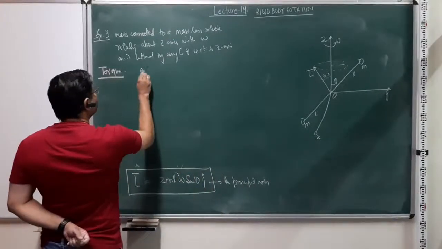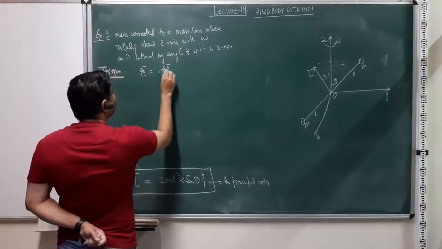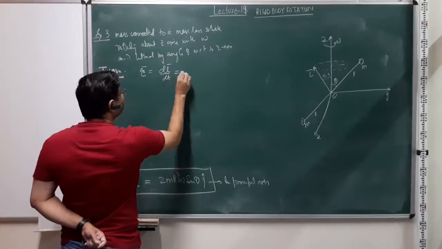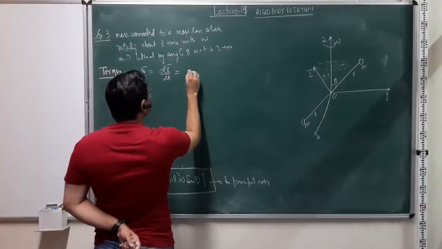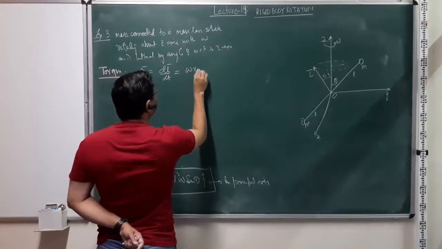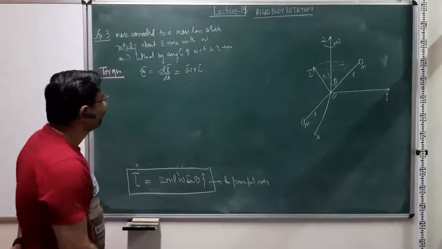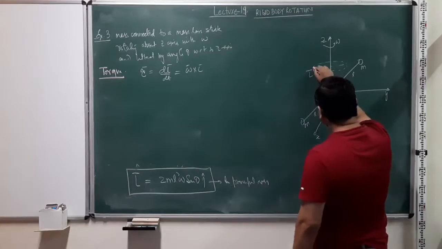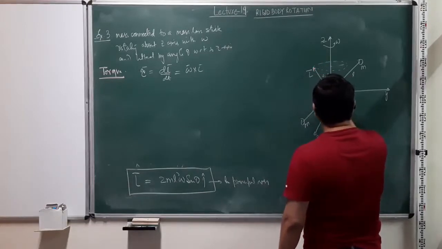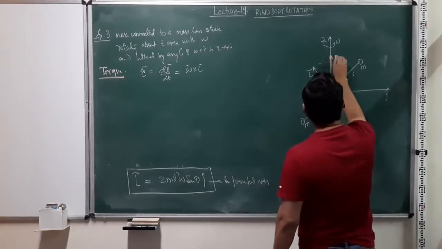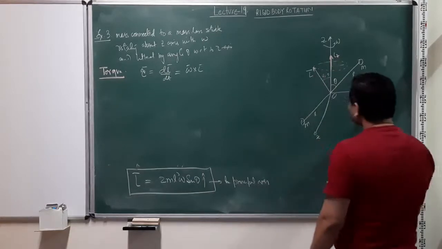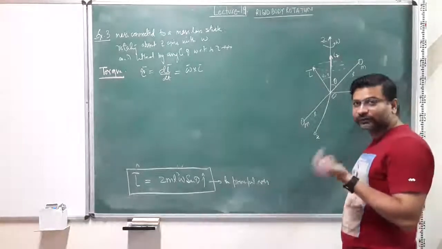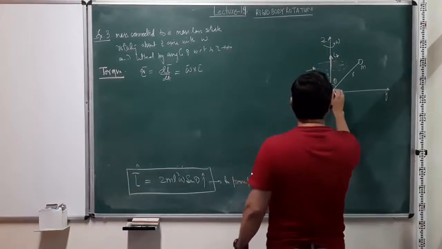We know that torque can be written as dL over dt, which for a rotating system will be omega cross L, right? Now in this case again we can decompose this total angular momentum L about the z direction, Lz, which is a fixed component which does not change, so there is no torque because of that,